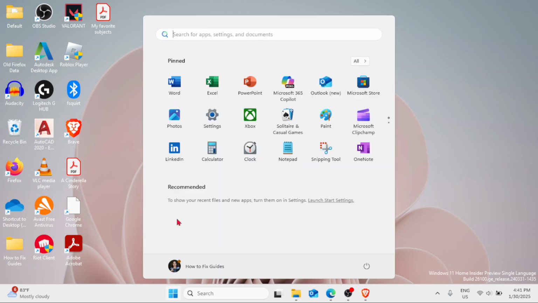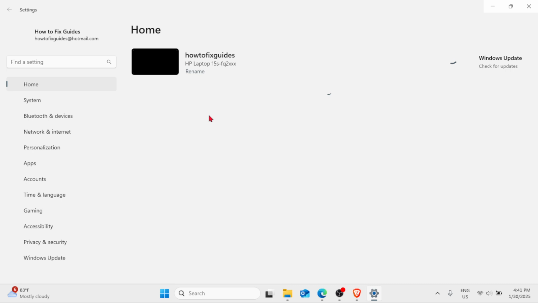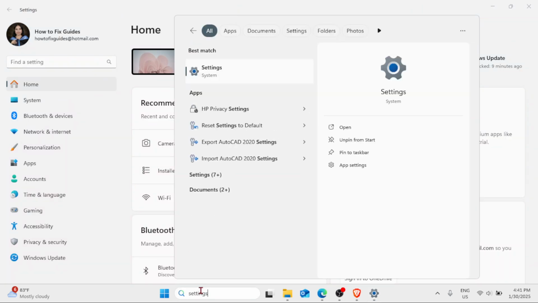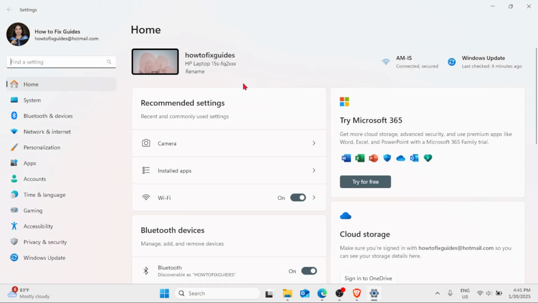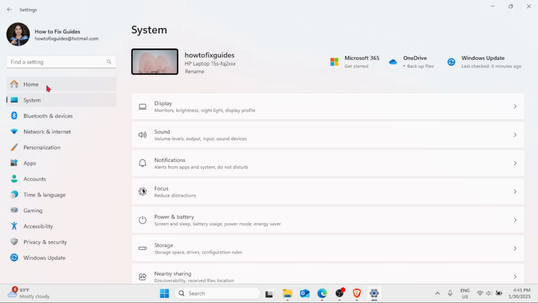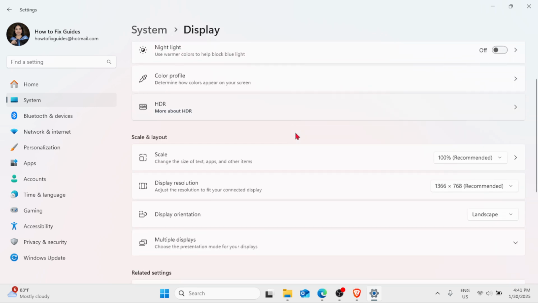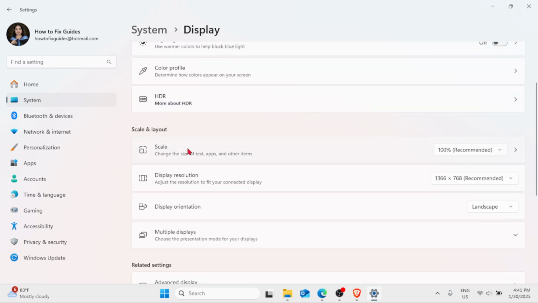Click on the start button and go to settings. Or you can simply search for settings in the Windows search bar to directly get into settings. Then here in the list of options on the left pane, you have to click on System, that is under Home. Now, in System, you can find Display, monitors, brightness, night light, and the display profile. Click on that. Scroll down and you'll find Scale and layout, and under Scale, change the size of text, apps,